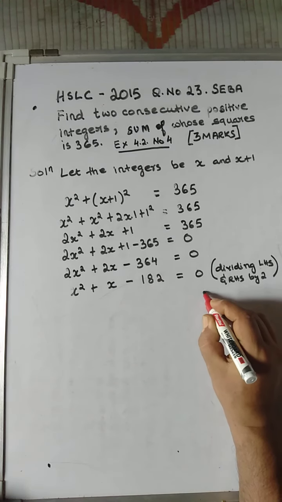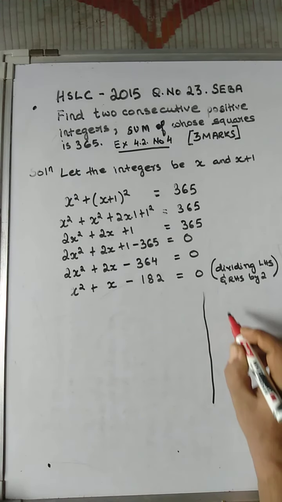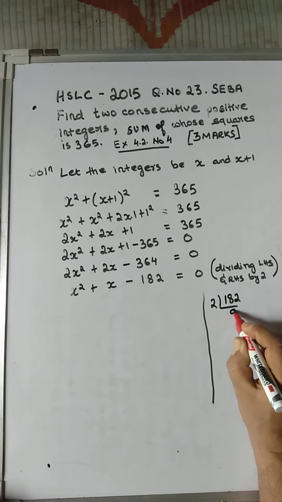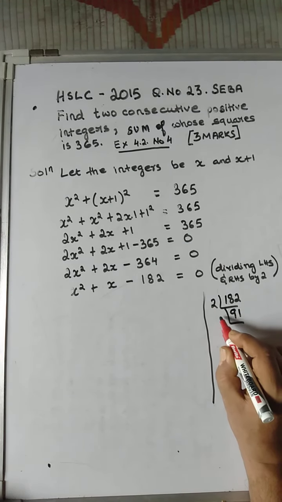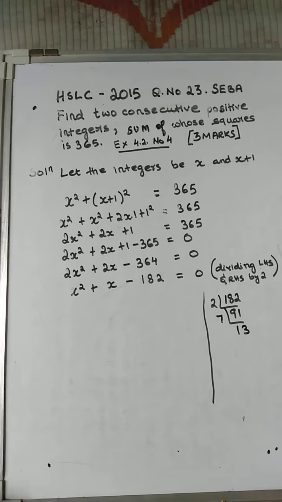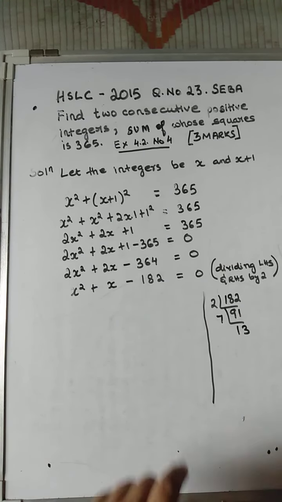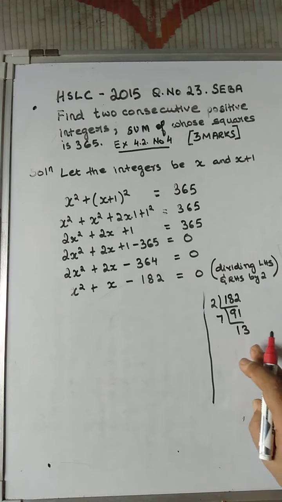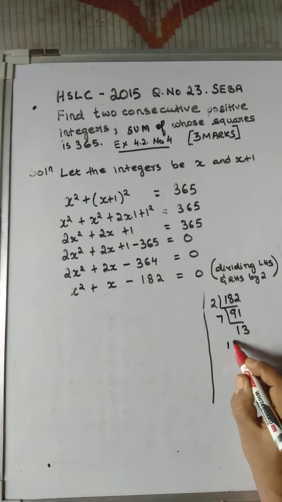As usual, I would say draw your working column and prime factorize 182. 2 9s are 18, 2 1s are 2. Then 7 1s are 7, 7 13s are 91. Now immediately you would see that if you multiply 2 and 7, you will get 14, and then you have 13. So which means that 182